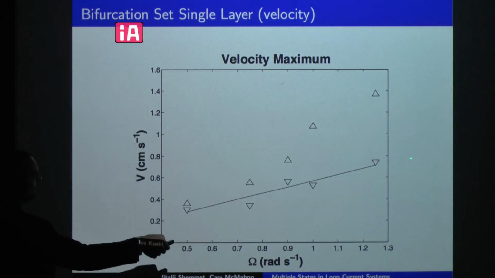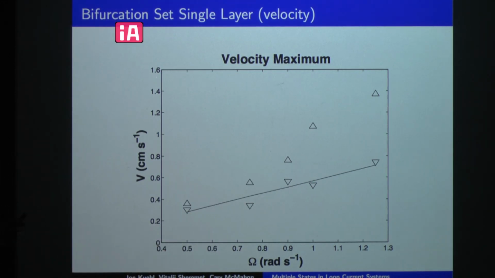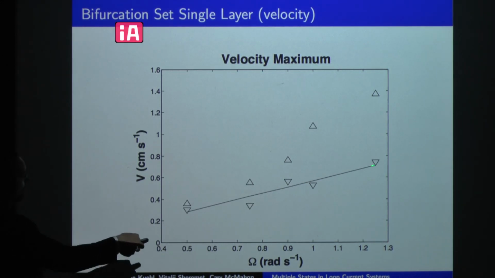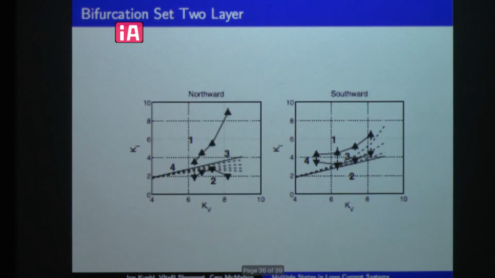So this is that lower edge of our bifurcation set. The downward pointing triangles are our experimental observations, and this line is what we got from the theory. So a potential vorticity conserving jet with this condition that it's going to shed an eddy when the eddy fits inside the gap agrees really well with our theoretical results. And of course,